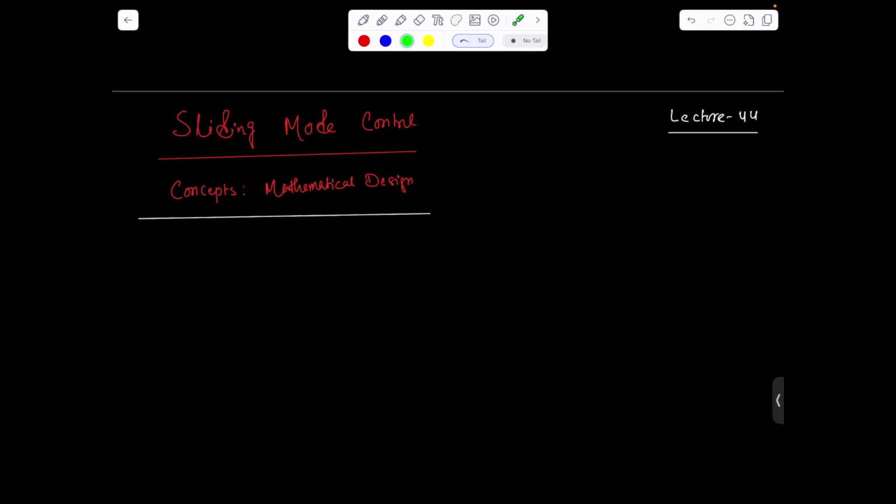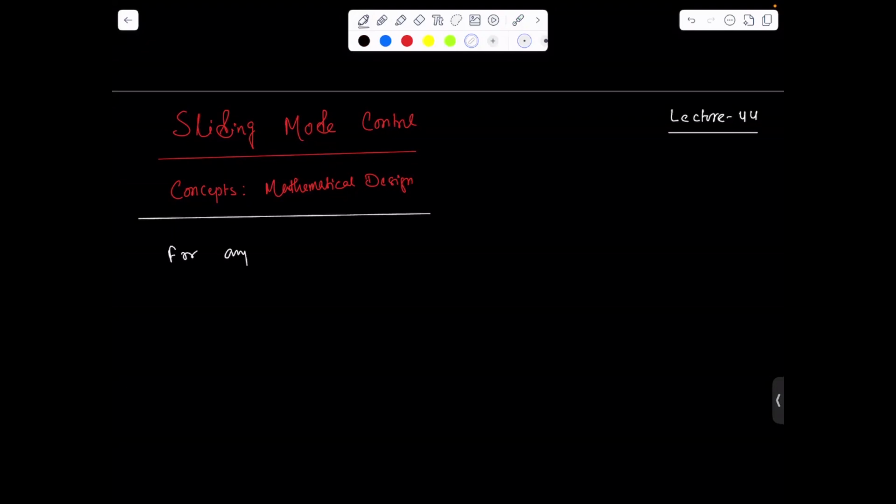Hello everyone. Now we are going to start a new topic, sliding mode control. In this topic, we'll start with the main concept of this approach, how we can design the nonlinear control for any nonlinear system. So before we proceed to the main mathematical design concept, first let me come up with some definitions, which will be very important for understanding why you have to consider sliding mode control for control synthesis